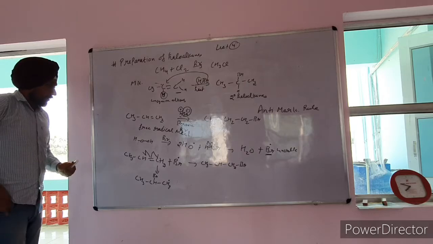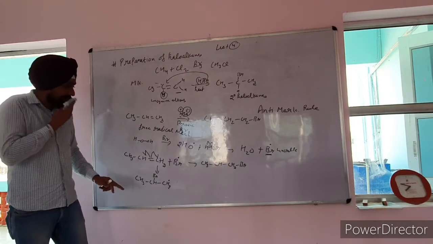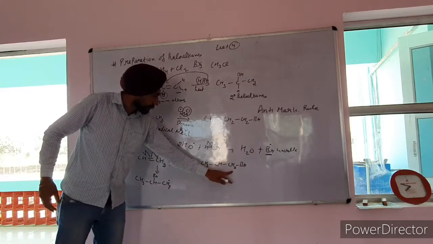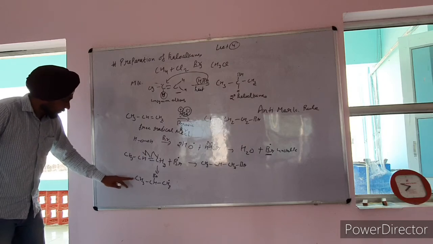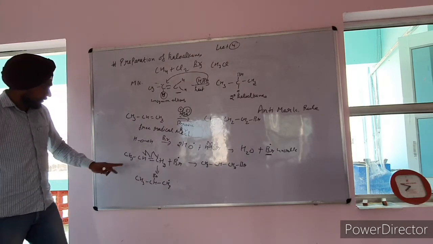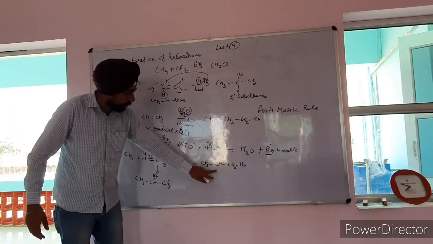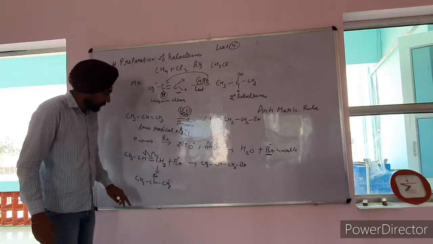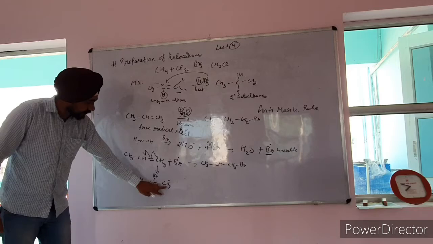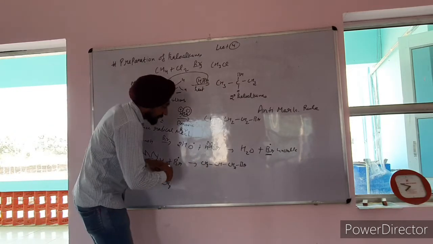Okay, in the first reaction we make a bond between Br and the terminal carbon atom, and in this reaction we make a bond between the secondary carbon and Br. Corresponding to this reaction there is formation of a CH radical, and corresponding to the other reaction there is formation of a CH2 radical. This CH radical is a secondary radical.